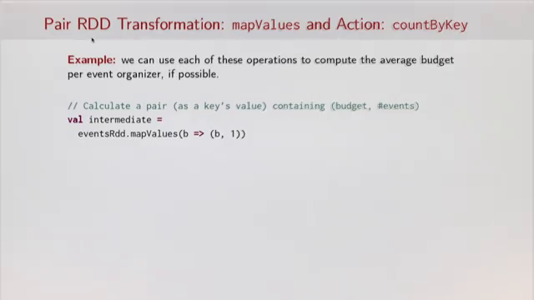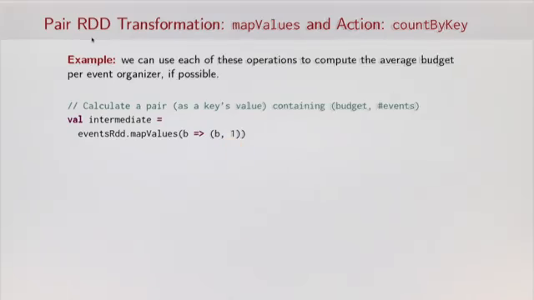Remember, our pair RDD called events RDD contains key value pairs where the key is the organizer and the value is the budget for some event. We know we need to take a sum of the number of events, so we can use mapValues to make a new pair from our existing key value pair that makes it easier to sum up the events per organizer. So for the value in the key value pair, we make a new pair where we just leave the value as it was, whatever the value was before, and we have a second element of the resulting pair,